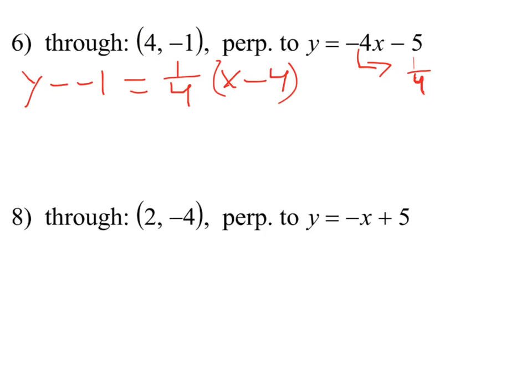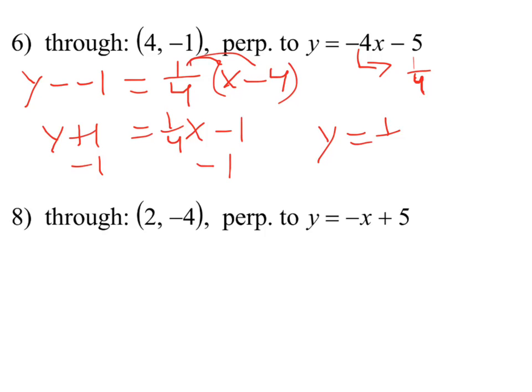And now we're going to get y by itself, but we have to simplify the right side, so do 1/4 times both of those. You'll get 1/4 x minus 1. 1/4 of 4 is 1. Left side, we got y plus 1. We're going to get y by itself by subtracting 1 from both sides. We'll get y equals 1/4 x, and then subtract 2, because subtract 1 and subtract 1 again gives you subtract